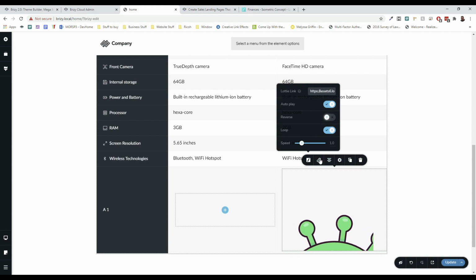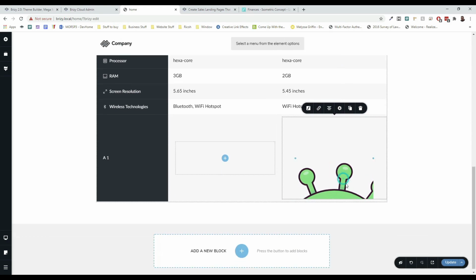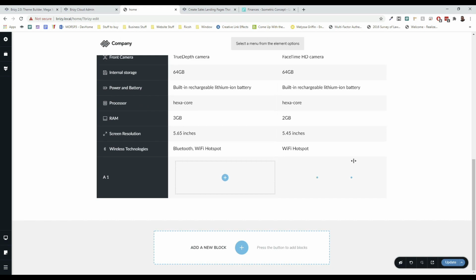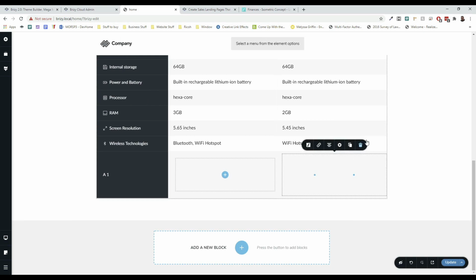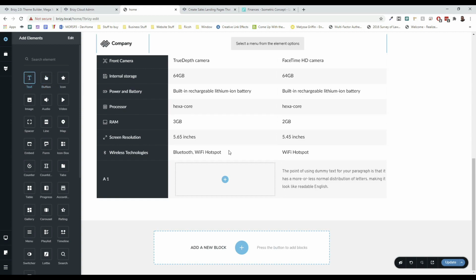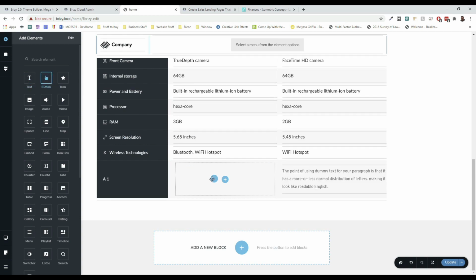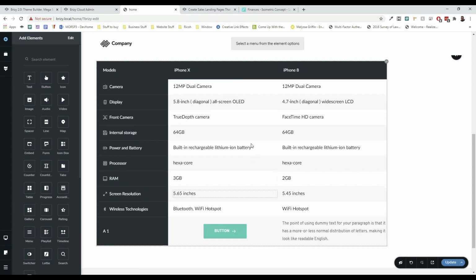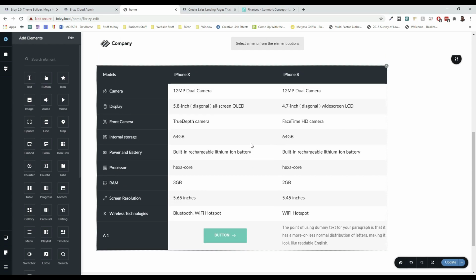And obviously you can see it doesn't fit. But the whole point is you could still do it. You can still go in here and you can add these type of elements and do whatever you want. You can add in text elements, you can add in buttons, you can add in whatever you want to these tables. So that's a really, really cool, unique feature that I think that a lot of people are missing,